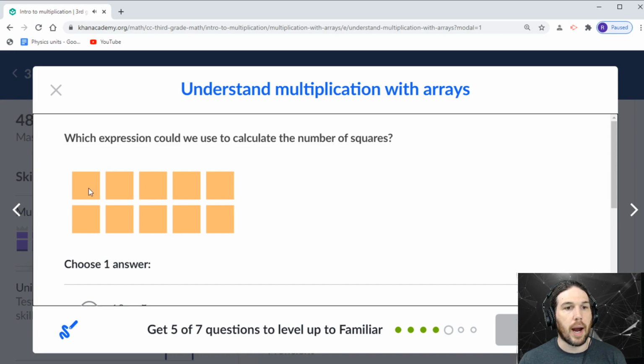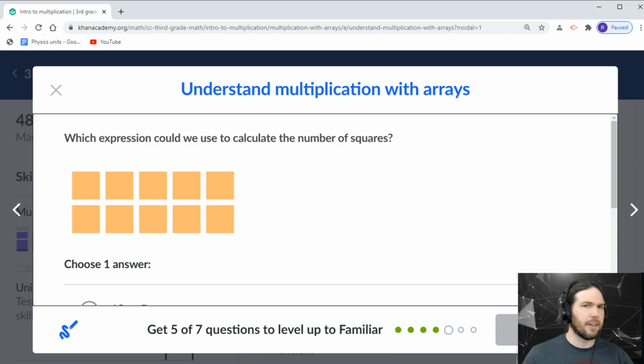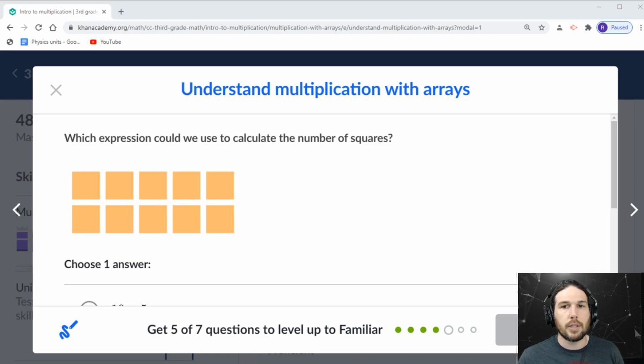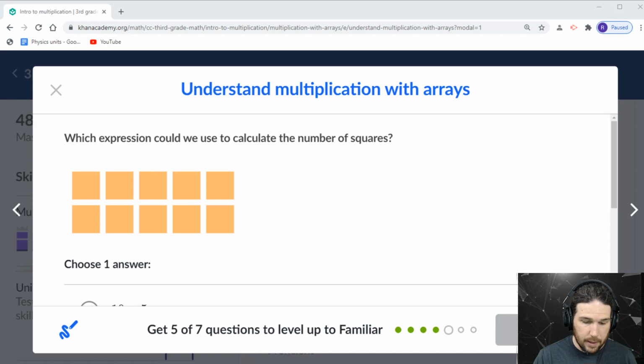So we want to do either 2 times 5, right? 1, 2, 3, 4, 5, or 5 times 2. Again, either one is correct. And I want to showcase that really fast. Let's say that 5 times 2 is columns times rows, right? 1, 2, 3, 4, 5 columns times 2 rows. If I was going to do 2 columns and 5 rows instead, that would look something like